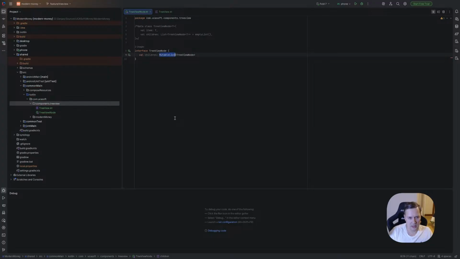It's just list of TreeView nodes, and can be empty by default. No, I don't think so yet. We have to implement it if we don't need. We need to provide key. This can be T or like K, maybe it's even better.